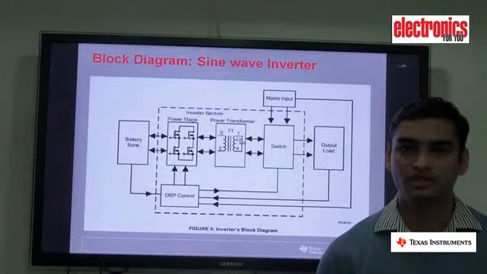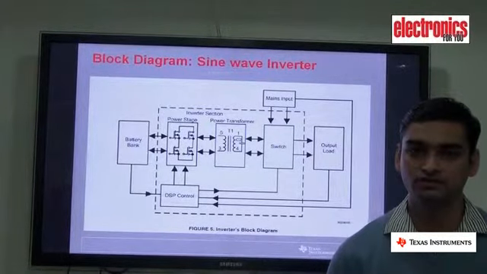I will be taking some examples of ICs to explain the full bridge, half bridge and single channel topology to drive your MOSFET bridge. And after that I will be covering some of the line voltage and line current sensing techniques. In that section I will be talking about the traditional ways and their drawbacks of sensing the line voltage and how we can address this issue using semiconductor components. So our first topic is the basic block diagram of sine wave inverter.